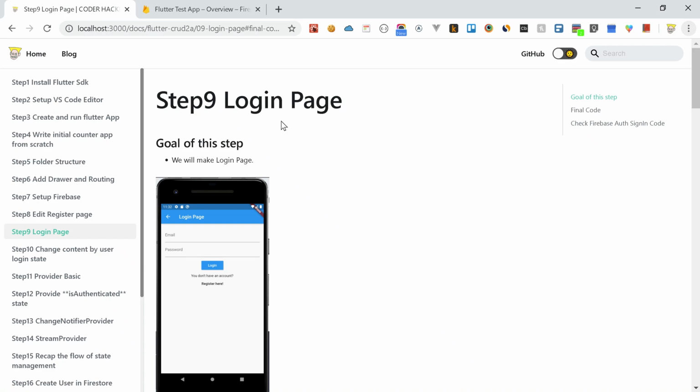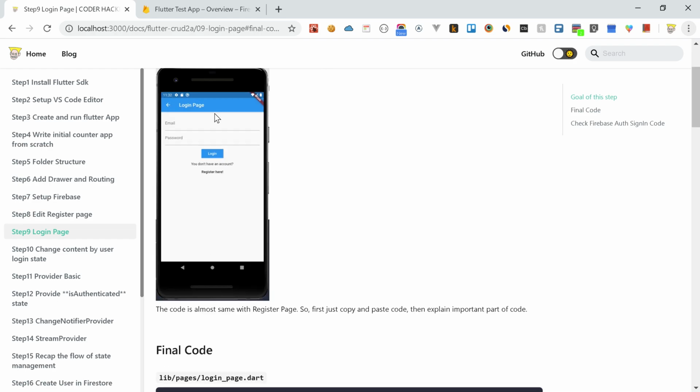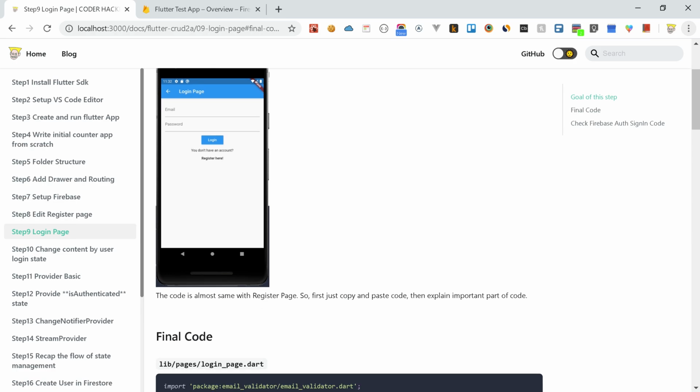Okay, step 9, login page. Goal of this step, we will make login page like this one. The code is almost the same as the register page, so first just copy and paste the code, then I will explain the important